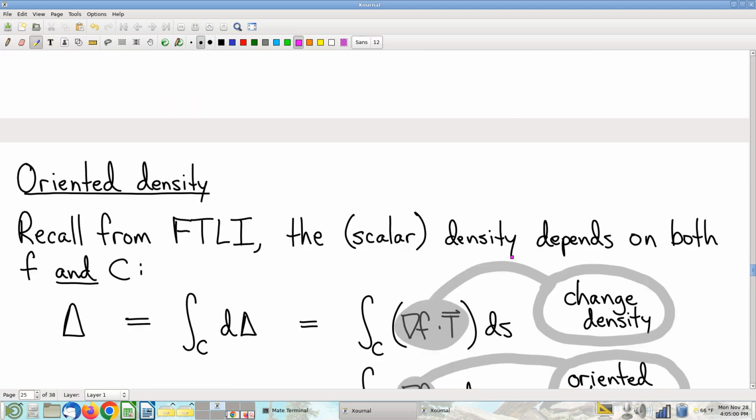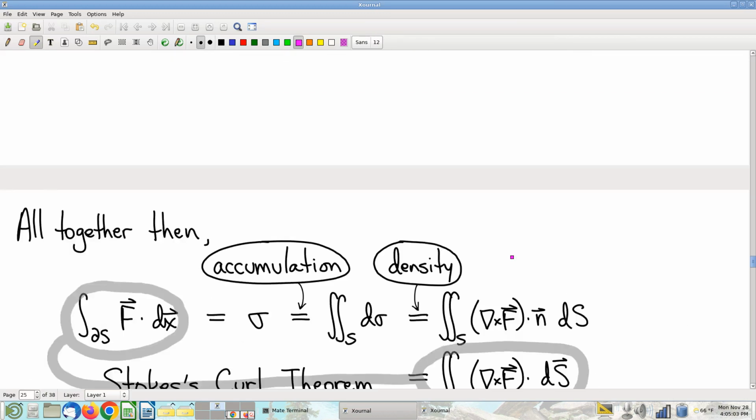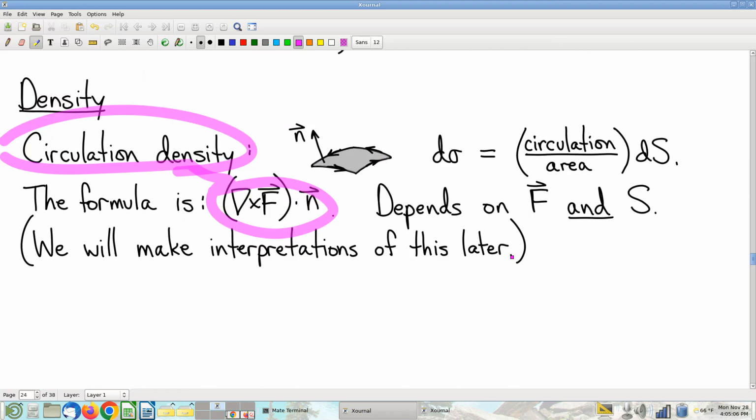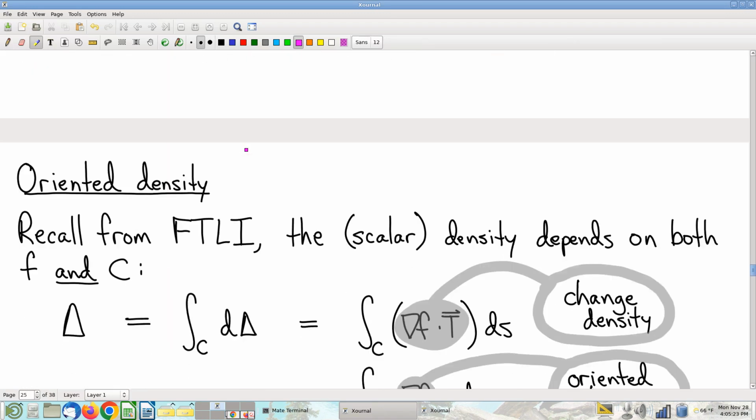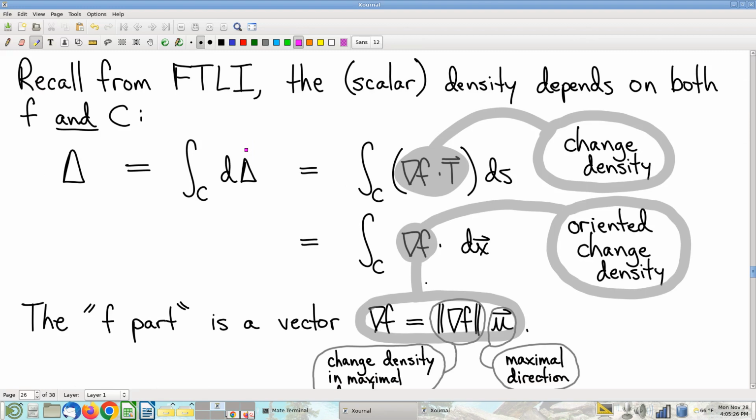Now, there's some other things to say. I swept under the rug here when we were talking about density, what the deal is with the circulation density depending on the surface, and that was strange. So back to this point now, and how to make sense out of that and what to do with it. I'm going to point out that in fact we have seen this before. This is exactly the circumstance that we saw when we were looking at the fundamental theorem for line integrals. And I just kind of blew over it at the time. I said a couple of words, but here we are again, back to the fundamental theorem for line integrals, and we wrote down